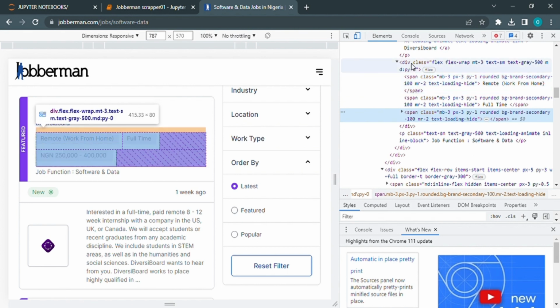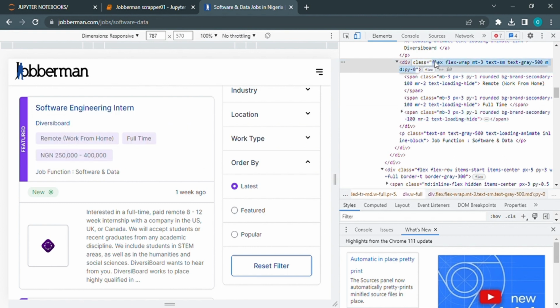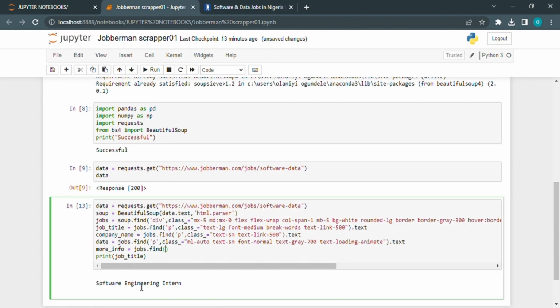But then when we scroll up a little, we can see they are all inside this div tag here. So we copy that, the class, and we come back here, we say div comma class is equals, dot text,